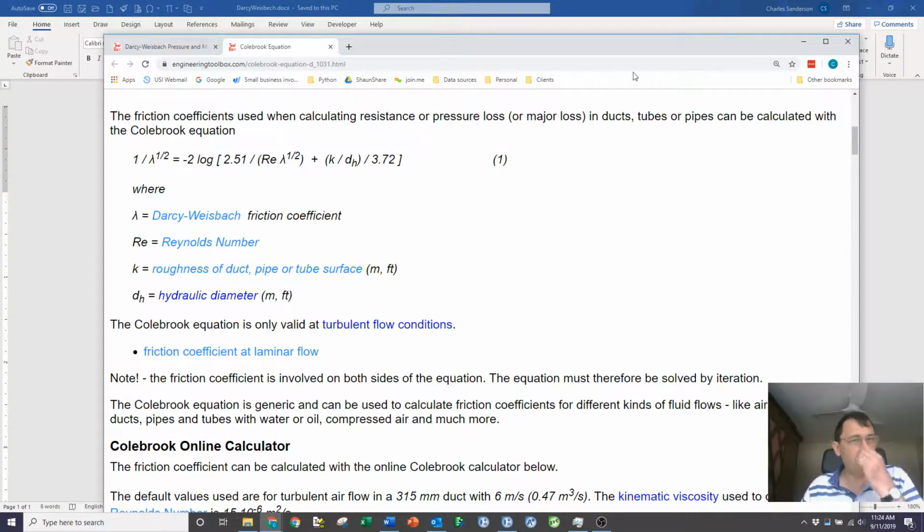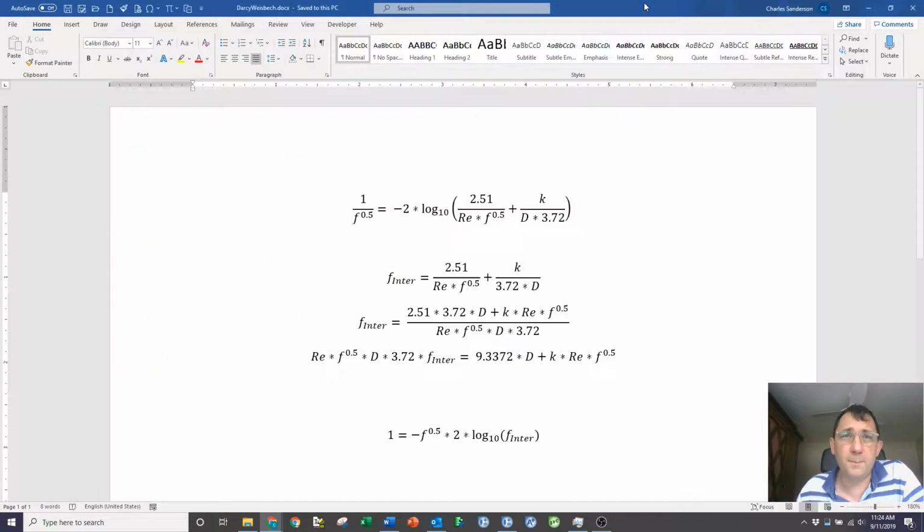So what I want to do is take this equation and work out how I can reformulate it to work well in ACM. I'm going to drop it into Word just so you can see what I was thinking. I'll take this value that I'm taking the log of, make an intermediate variable, f-inter, based on that, and then I'll multiply through those fractions, and then multiply the whole thing through so that nothing is being divided by anything else.